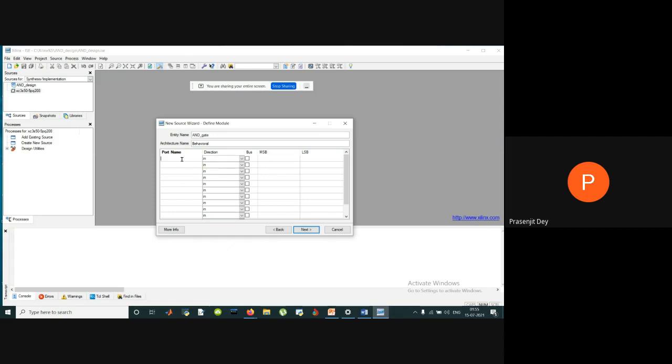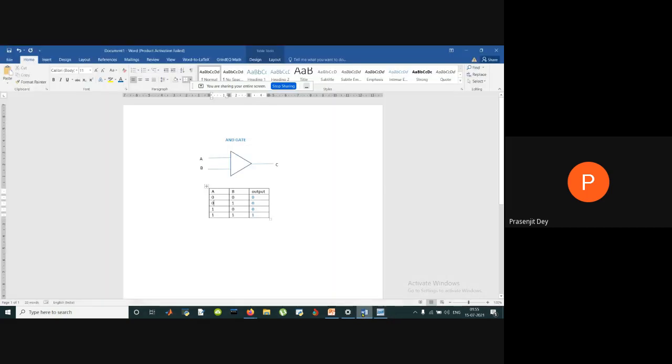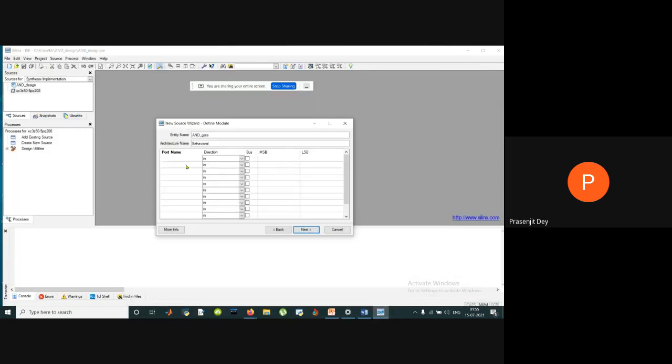As we know, in case of the AND gate, what was our input? The inputs were capital A and B, and the output was capital C. So here port name A is an input port, so direction will be in. B will also be an input port, whereas C is the output port, so direction of C will be out. As you can see here, the third option, in and out, was also there.